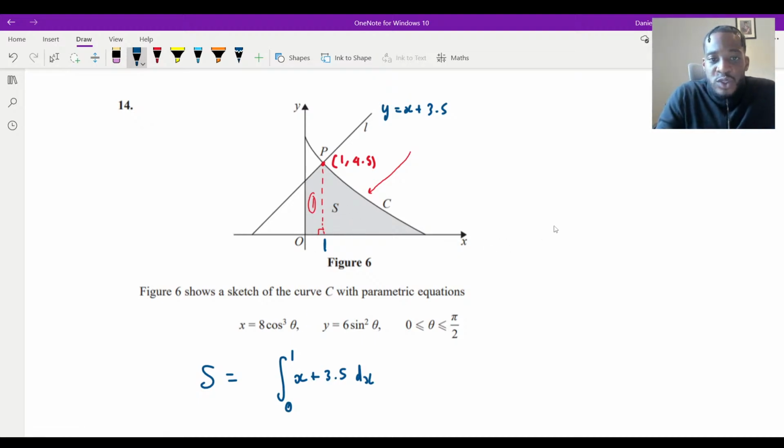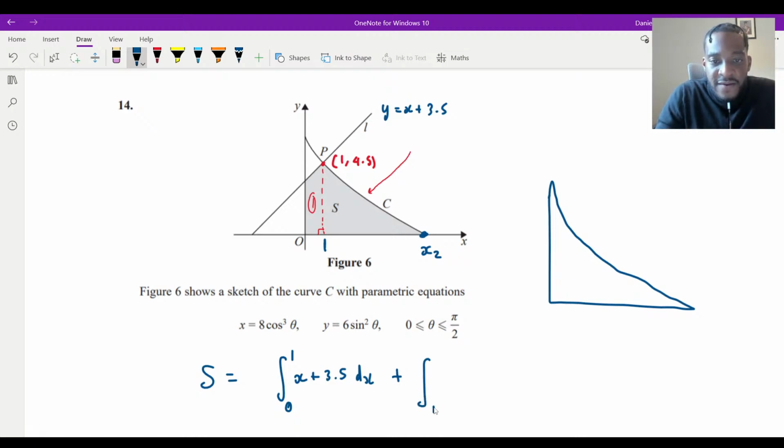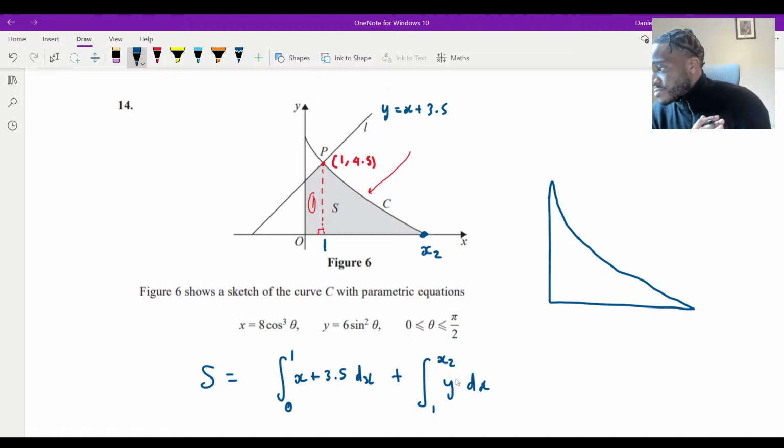And then this curve S here, which I'll do like this, it's going to be like that there. Now, if I look at this, I'm integrating between 1 and this point here. That's going to be x2, isn't it? So I'm integrating between 1 and then I'm going to call this upper limit x2. And I'm going to call this curve y. Remember, it's defined parametrically, as we can see, but I'm just going to call it y. So this is the answer, essentially. Does that make sense?